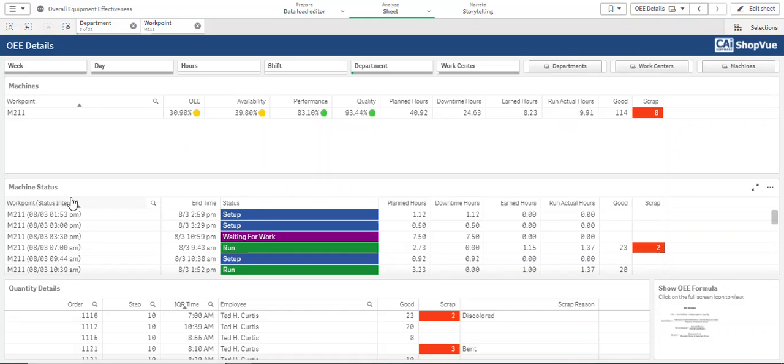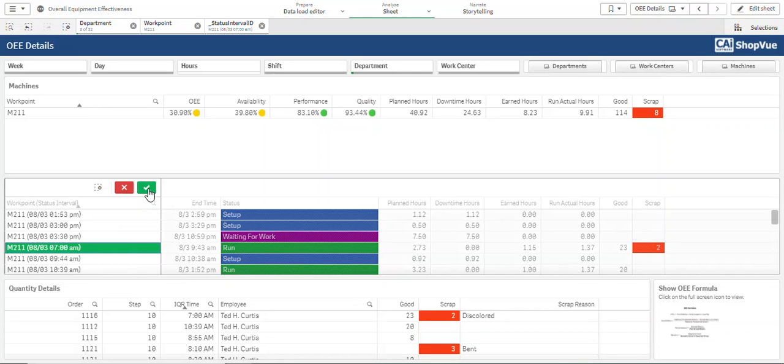Below is the machine status table, where we can take a look at each status interval for the machine, so we can see it was in setup, there was a shift change, machine was waiting for work, and then it was running. If I click on a specific status interval,